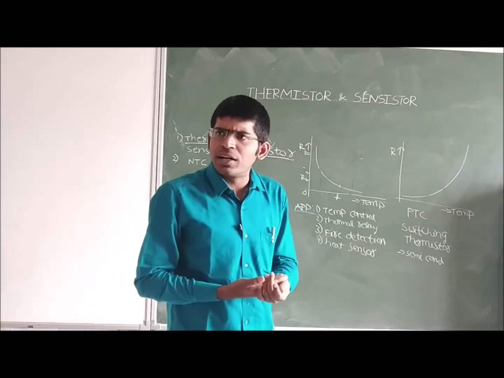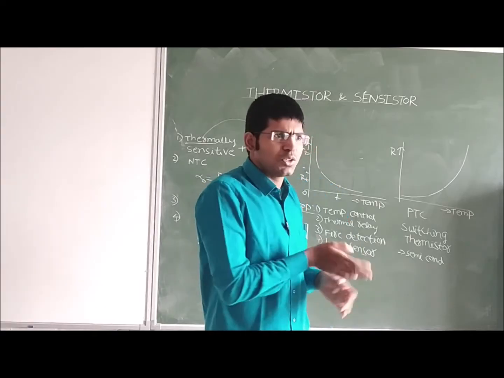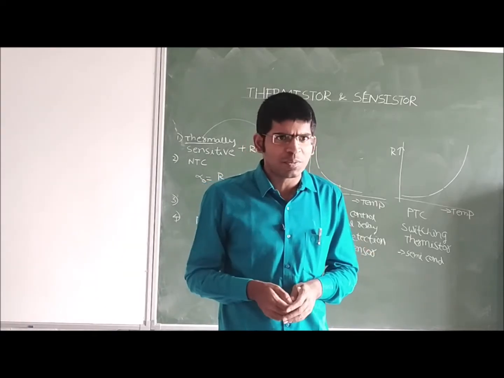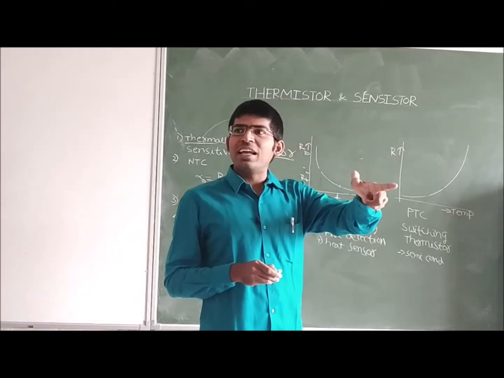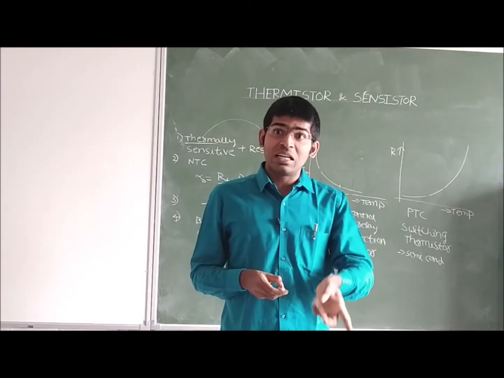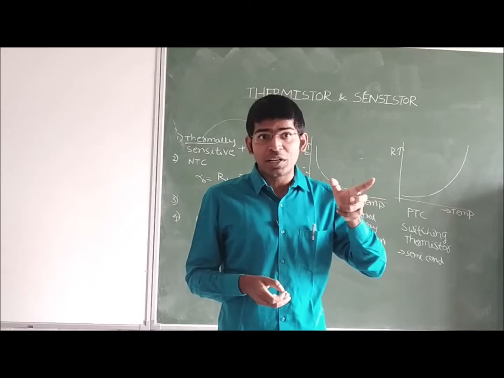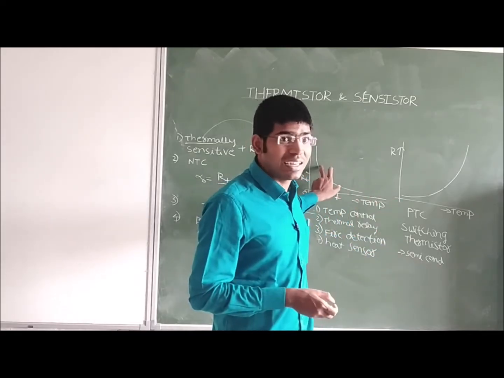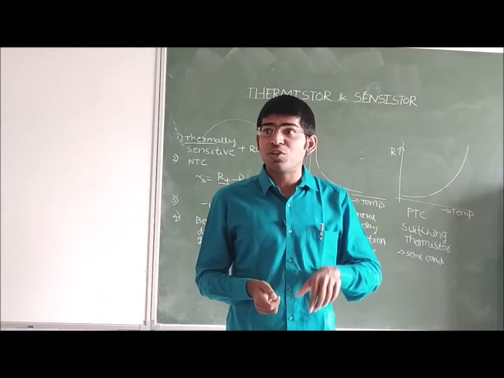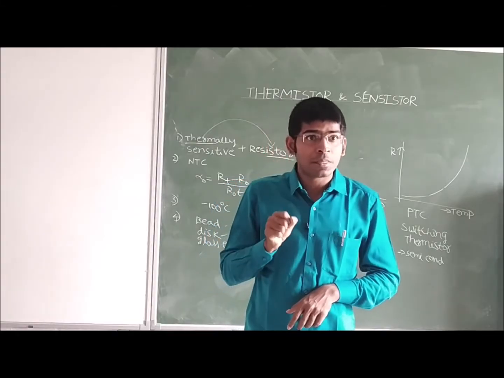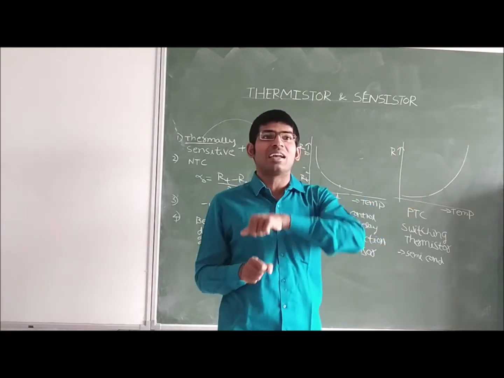Already we have insulators and semiconductors, electrolytes, with negative temperature coefficient. Why are we specifically going for thermistor? What is the difference? Non-linearity. This is also definitely a negative temperature coefficient resistor, and insulator or semiconductor or electrolyte is also exhibiting negative temperature coefficient, but here this thermistor is exhibiting that negative temperature coefficient of resistance non-linearly. So when we increment the temperature, the resistance decrements non-linearly.